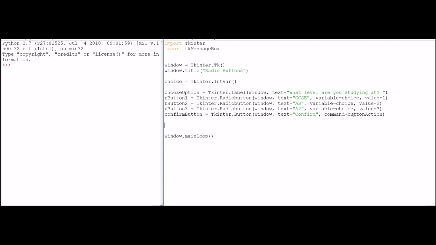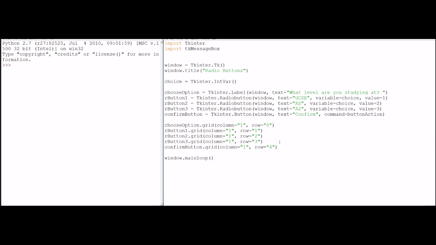The next thing to do is say where the radio buttons and the label are going to appear in the UI. And that's where my label is going to appear, so in the first column and in the first row. And for all my other UI elements, I'm just going to have them in the next row down from this, so the same column but the next row down, so that's going to go up by 1 each time. So I'll just do that. Okay, so you can see that these are going to be displayed all in the same column